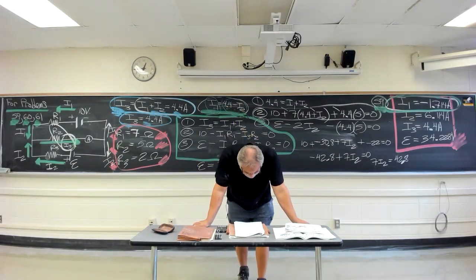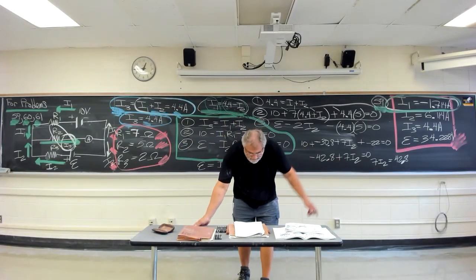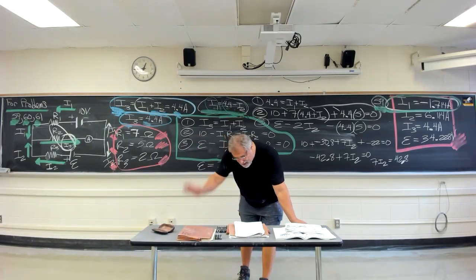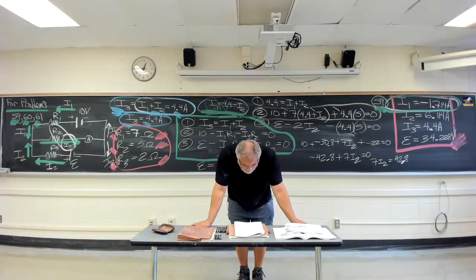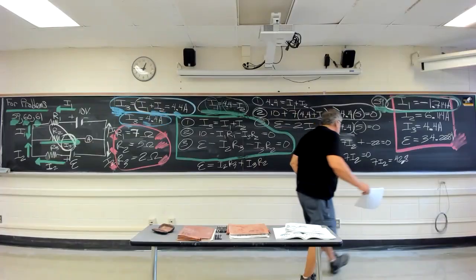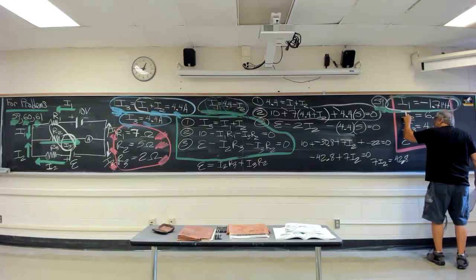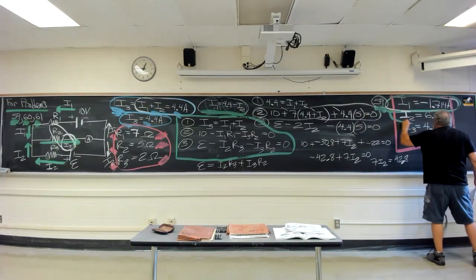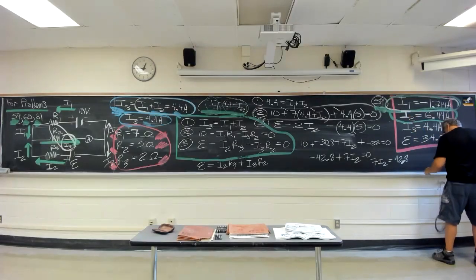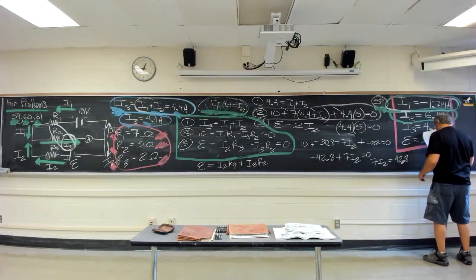For number 59, what is I sub 1? I'm going to leave I sub 1 where it is. If it is, then indeed it's negative 1.7, which means in reality it should go the other way. But they're not asking us that. They gave us negative 1.7 amps, no other options, so we've got to stay with that. What is I sub 2? I sub 2 is 6.114 amps. They got 6.1 amps. That's good enough for me. 6.1 amps